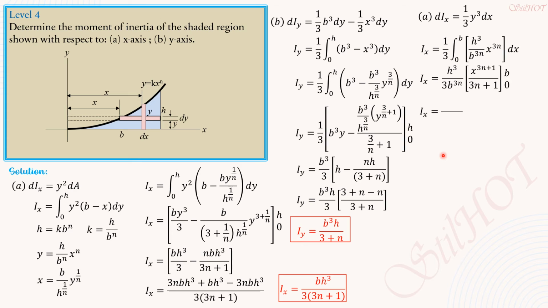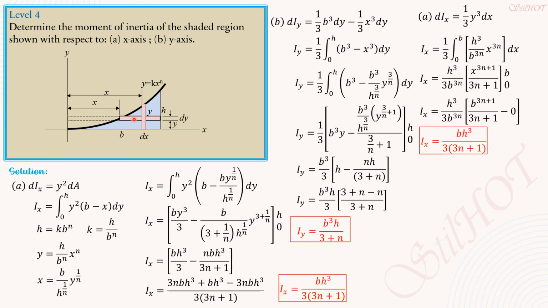3n plus 1. So Ix is h cubed over 3 b to the 3n, then b to the 3n plus 1 over 3n plus 1 minus 0. So again, b to the 3n plus 1 is b to the 3n times b, so we can cancel b to the 3n, and it is now of this form. So it's the same. So likewise, considering the vertical strip, moment of inertia with respect to the y-axis is, in